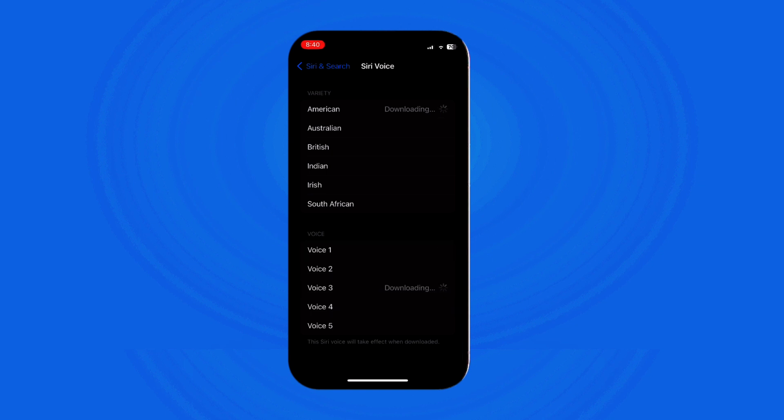By customizing Siri's voice, you can enhance the interactions, making them feel more engaging and aligned with your preferences. Embrace this personal touch to make Siri